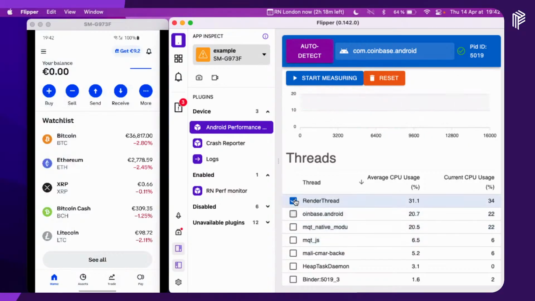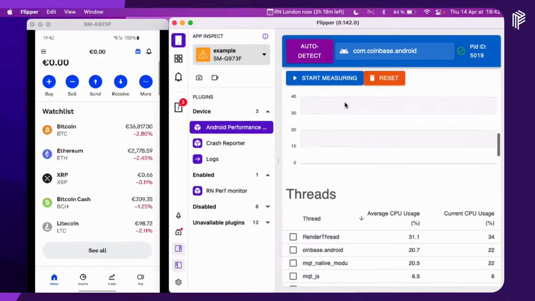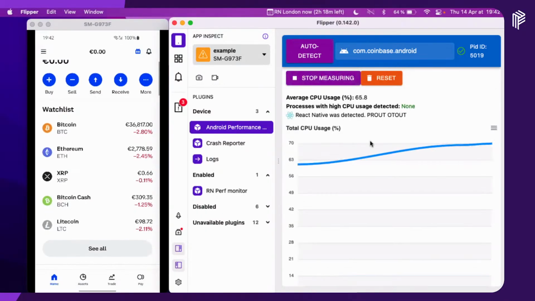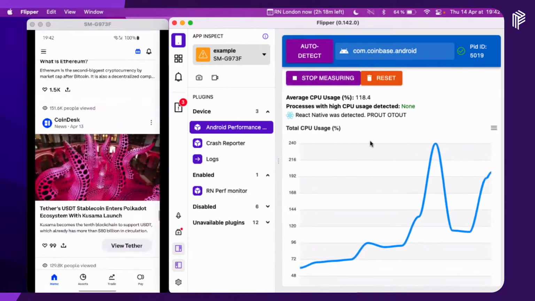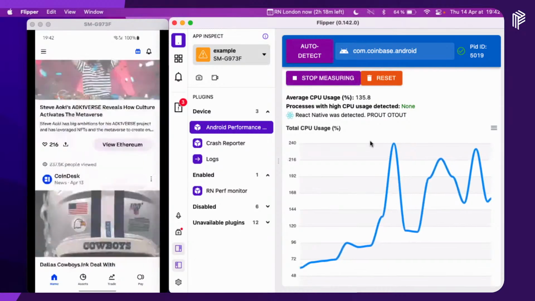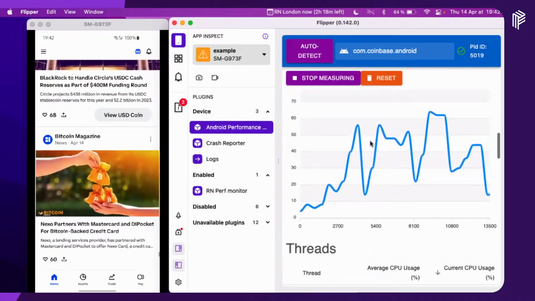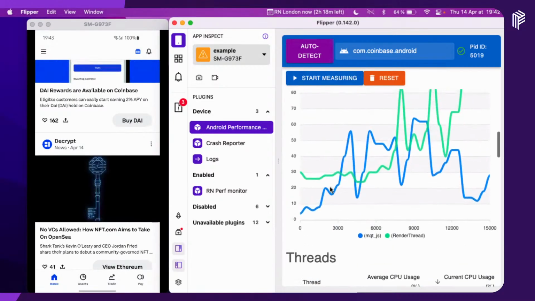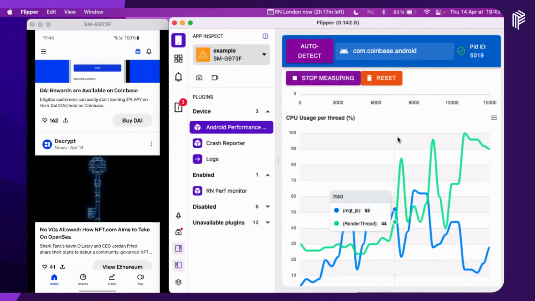And I think if we do the same, just like Facebook, let's see, start measuring. Okay, let me reset, start measuring. And I started to go down. It's pretty smooth, but it's getting kind of, wait, let me just get the render thread all the time. Yeah, the render thread, which is one of the threads responsible for the 60 FPS, is starting to be really in trouble.